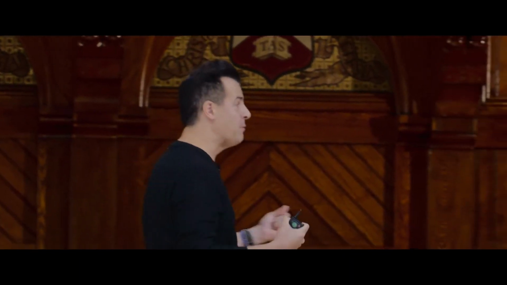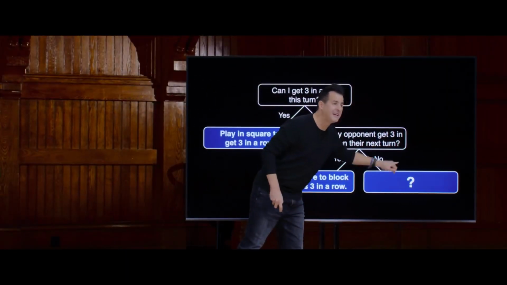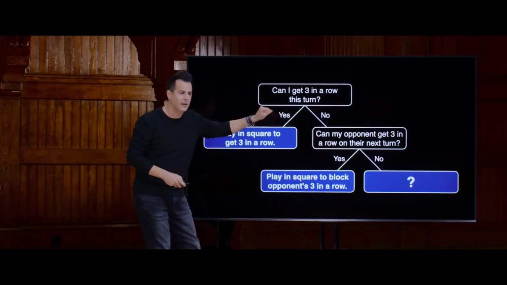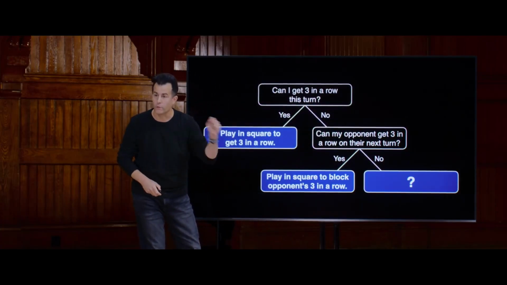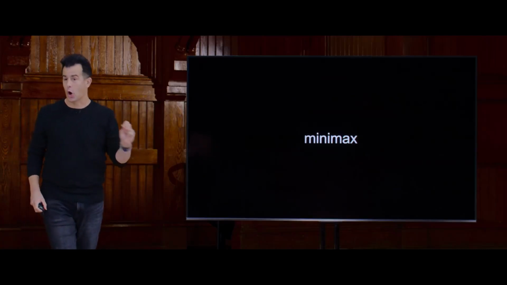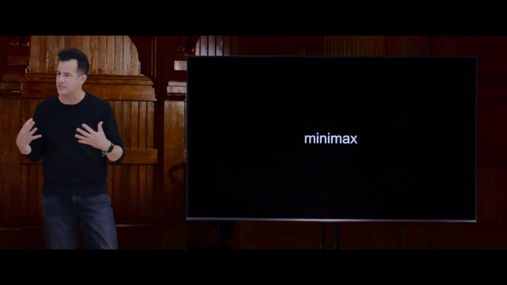So think of that the next time you play tic-tac-toe and lose, like you're doing something wrong, but in your defense, it's because the question mark is sort of non-obvious. Like, how do I answer it when the answer is not right in front of me to move for the win or move for the block? Well, one algorithm you could have been using all of these years is called minimax. And as the name suggests, it's all about minimizing something and or maximizing something else.